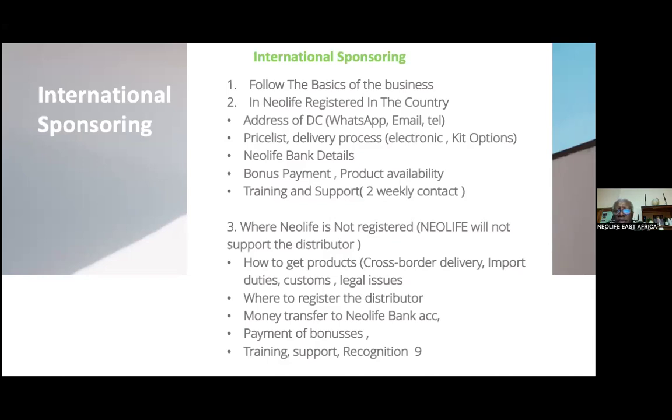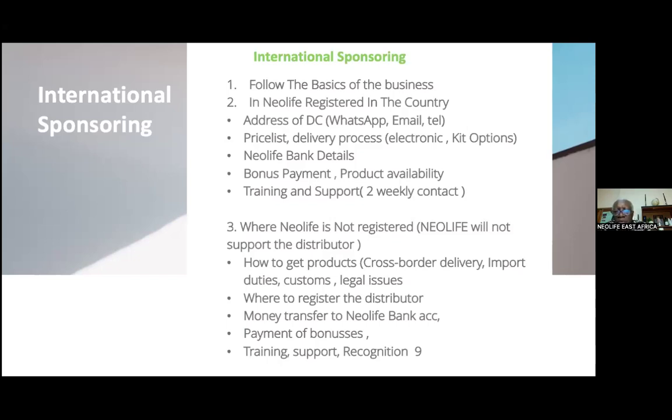The next thing you need to think about is money transfer to the Neolife bank account. For example, if you've got a distributor in Malawi or Zambia, Lusaka, and they want to buy products, they have to go to their bank, apply for forex in Rand, and transfer the money to Neolife's bank account in Rand.